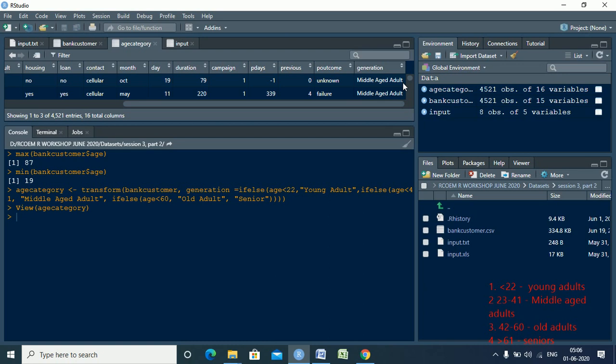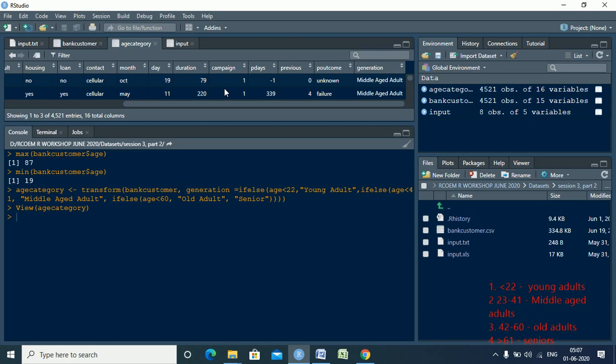Now we want to check, you have a variable over here as P outcome. There has been a campaign which has been run, and the outcome column tells whether that campaign has been successful for that particular customer, or not successful, or unknown. So this column tells us whether the campaign that the bank was running was successful because the customer has taken that particular offer or product which was given to him. In this case we want to test the relationship between outcome and generation.